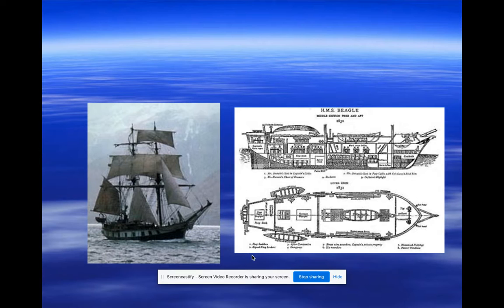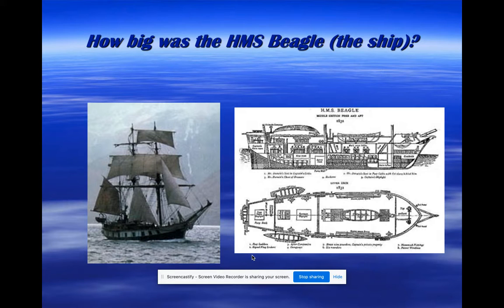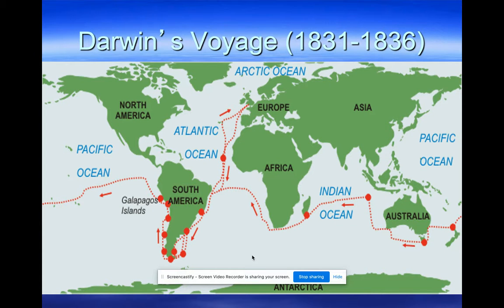Now, he was the naturalist or the biologist on the boat. He wasn't a sailor. He wasn't a laborer. He was the actual naturalist. So what he did is he collected a bunch of samples. Okay, let me go through this. All right, so this was actually a map of his journey. So he starts here in England in 1831. He left his girlfriend behind, sad to say, but when he came back, she married him 5 years later. Isn't that romantic?